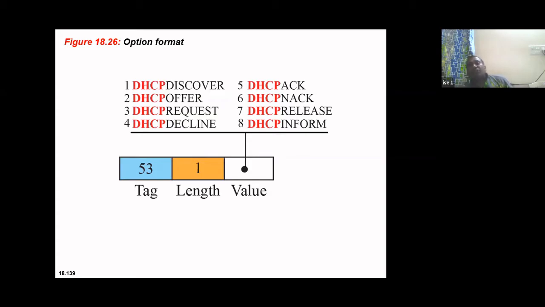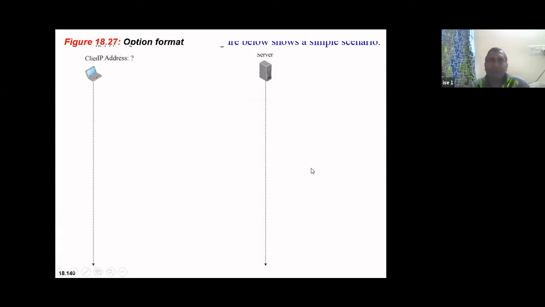And once the offer from a server is chosen by the client, it sends DHCP request. You got the idea? Now, to this DHCP request, there are 2 possibilities: the server may acknowledge, indicating that I want to get connected, or DHCP negative acknowledgement, which I'll show you how this happens. And DHCP may decline also, and then DHCP may release the connection and DHCP inform. So these are the values, of variable nature. Here we will see one by one.